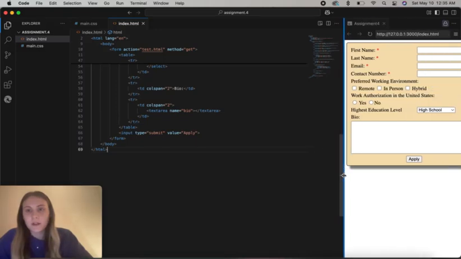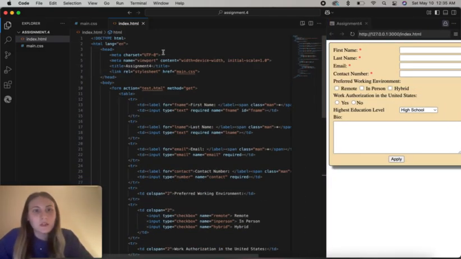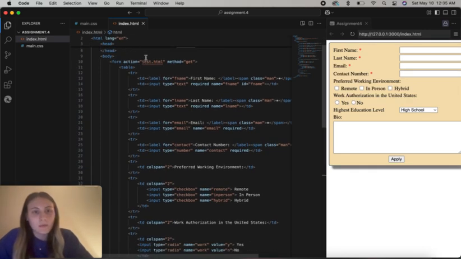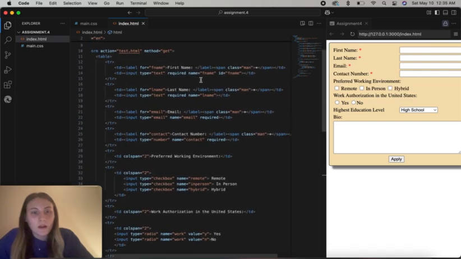Today we're going to be learning how to label our form elements. So we start off with our basic information up here, and then we move into the body section. So for form action, we're going to do test.html method get, and then we're going to move down here to